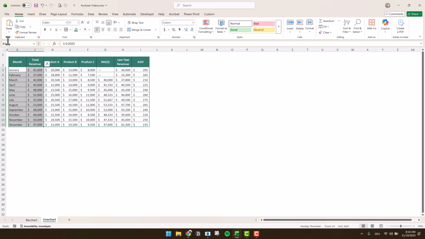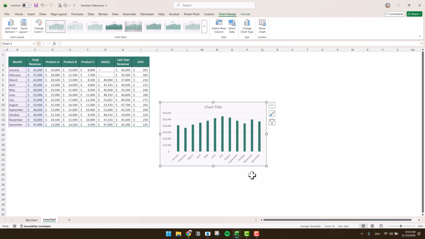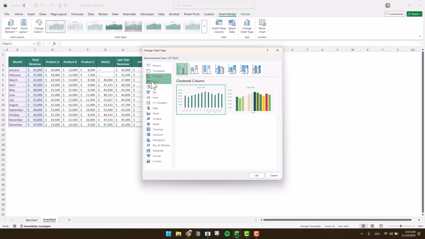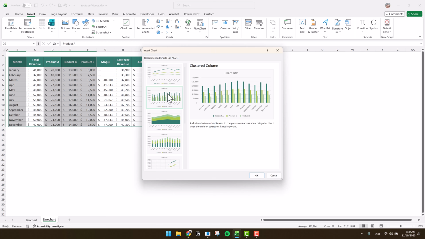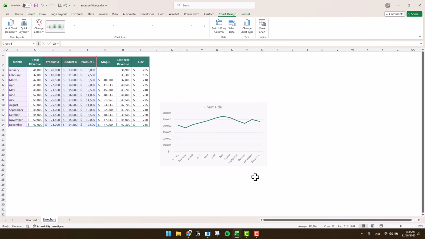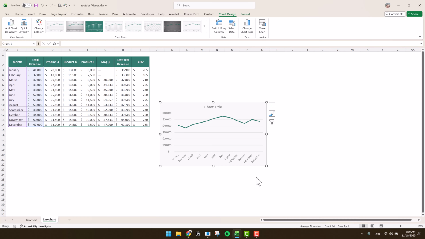Column charts are better when you want to compare months directly. Line charts are best for showing trends, seasonality, and direction. And if you want to show the structure of revenue inside a month, like product A, B, and C, use a stacked bar chart. With this dataset, the trend immediately becomes clearer when we switch total revenue from columns to